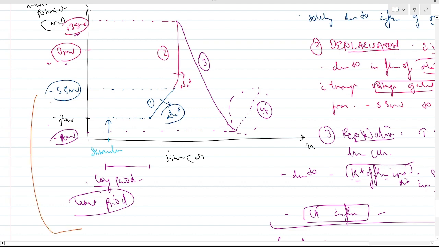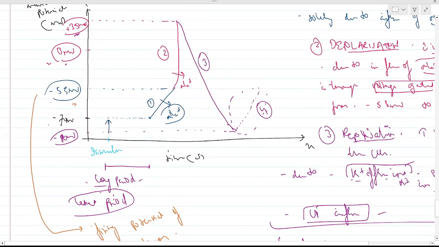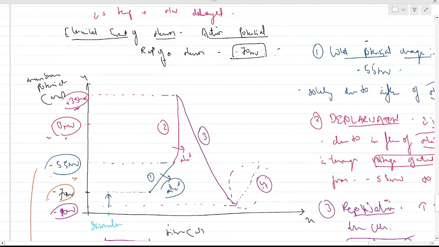This minus 55 millivolt here is the firing potential of the neuron. Okay. Once this minus 55 millivolt is reached from minus 70 millivolt in the local potential change,